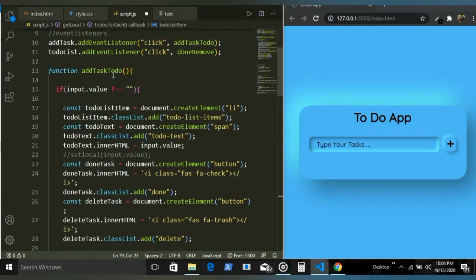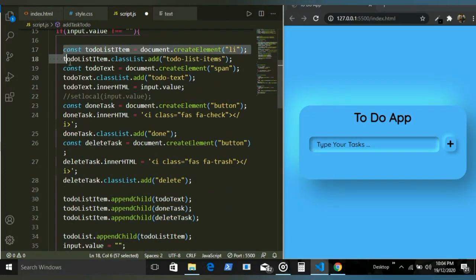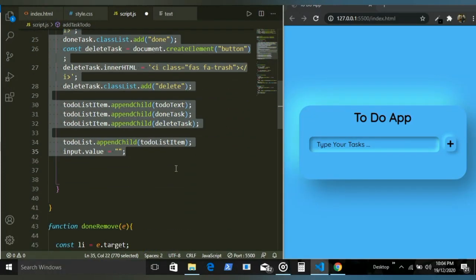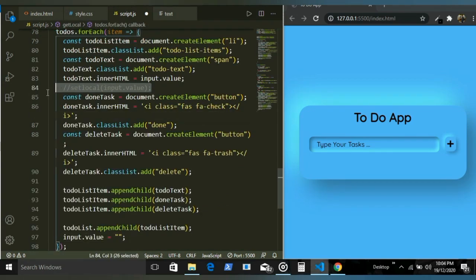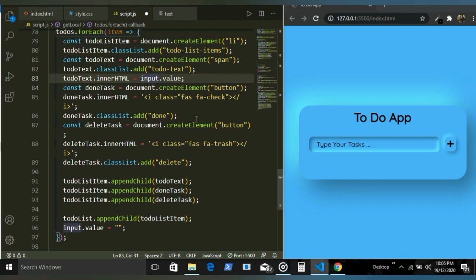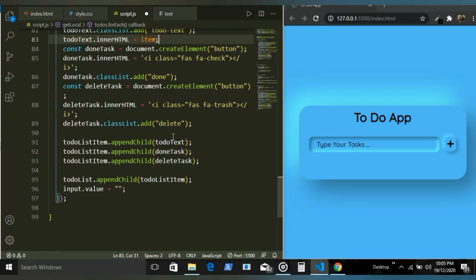We're going to carry out the same stuff. So I'll just copy that, and then I'll just paste it in here. So instead of this input value, now we would add item from the local storage. Okay,